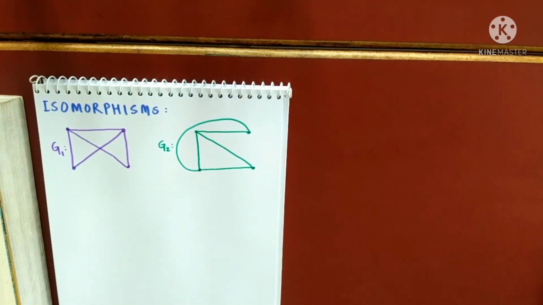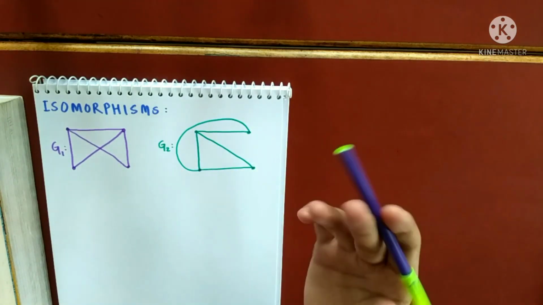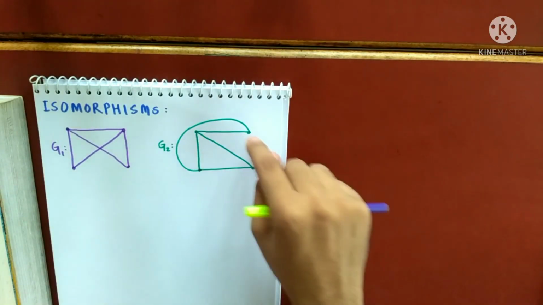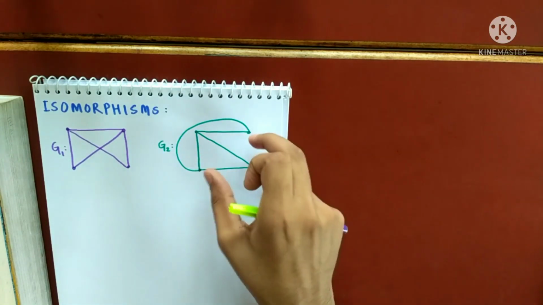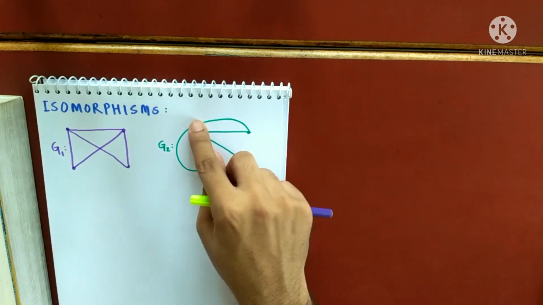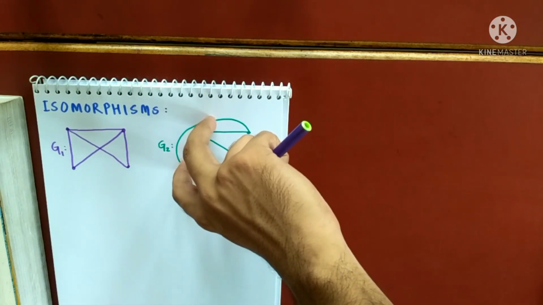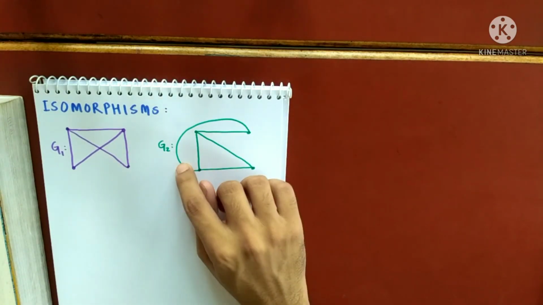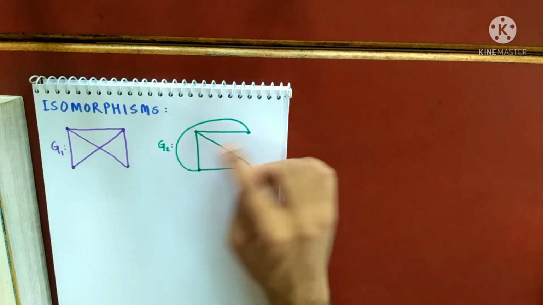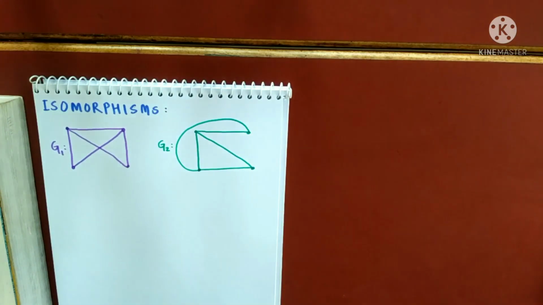If you notice carefully, these two graphs are exactly the same graphs. Why? You can just think that this is made up of some thread and this is also made up of some thread. You can just stretch this and make this tight, from here to here. So this is the edge connecting these two vertices. Instead of drawing like this, you would have drawn like this and just turn this up clockwise by 90 degrees, and this will be the same as this one.